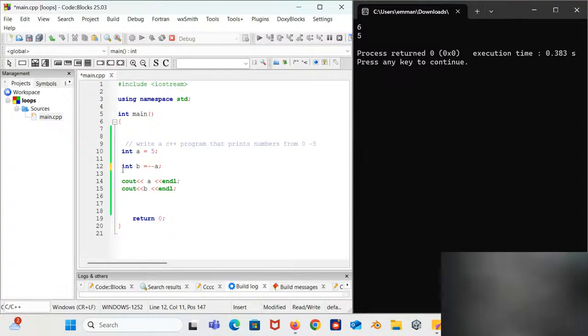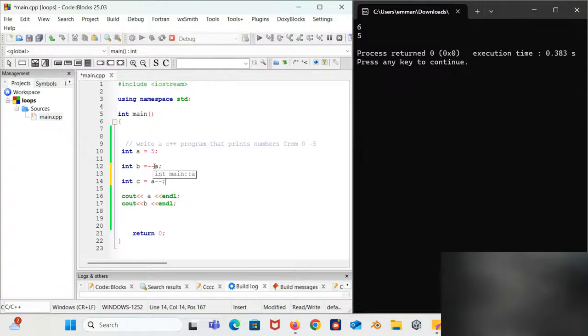If I bring another variable, let's say int c, and say int c is equal to a minus minus, it also gives us a different thing altogether. But they are basically following the same concept that we did earlier. With the prefix increment, the variable is incremented before the value is used in the expression. So this variable here will be changed to 4 before it's even used in whatever we are supposed to do with it.